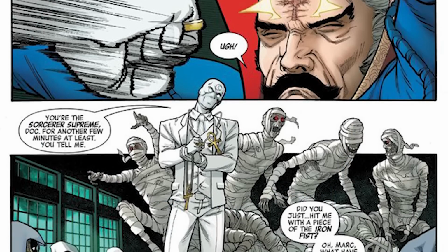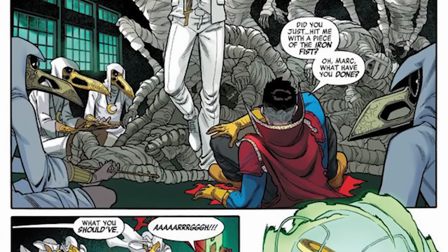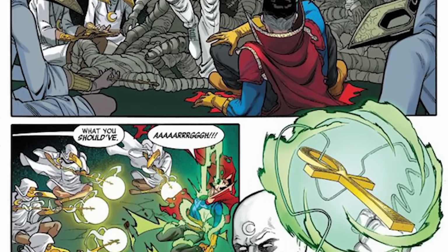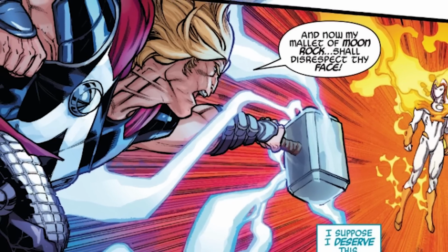During this event, thanks to a supermoon, the normally relatively low-powered Moon Knight defeats the Iron Fist Danny Rand and uses an Ankh to steal his Iron Fist powers, which he then takes to the Sanctum Sanctorum and punches Doctor Strange using another Ankh to steal the power of the Eye of Agamotto. He then steals the car of Robbie Reyes' Ghost Rider, which he takes to Wakanda alongside an army of the dead to take the powers of Black Panther, which fails, but then he ends up facing Thor, steals his hammer